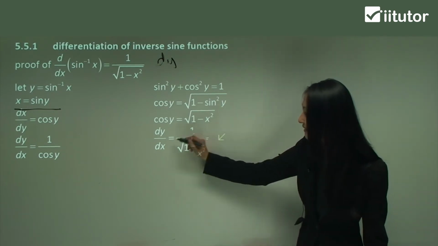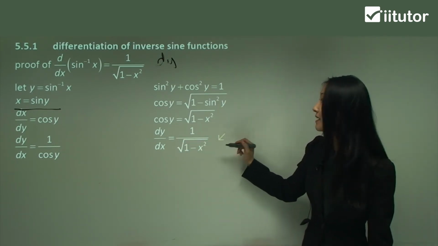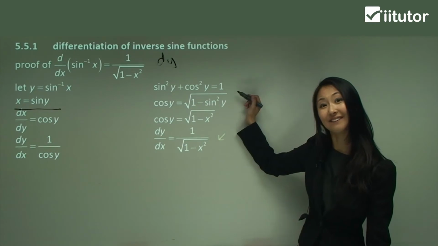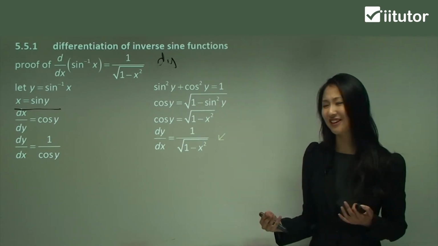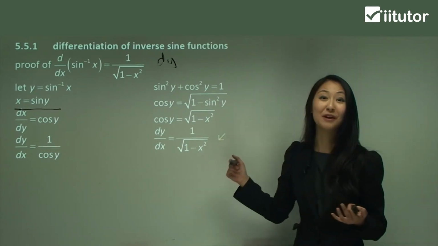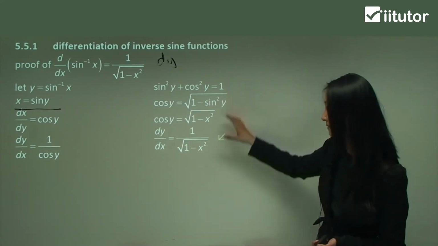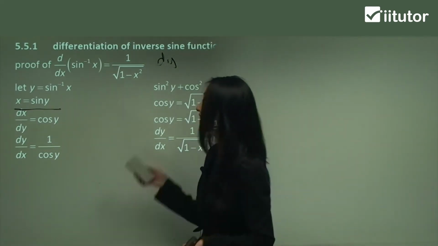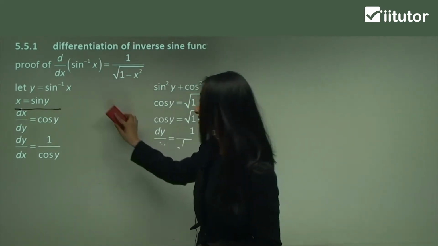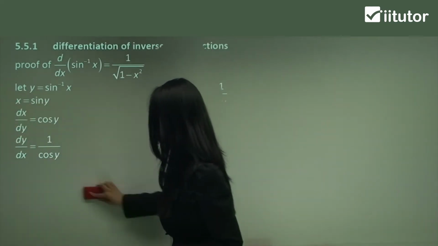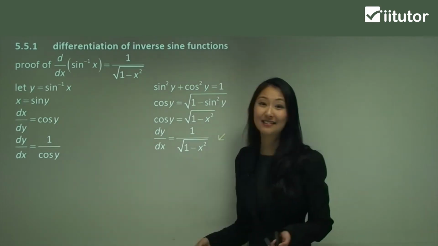So how we get this denominator here is by using your trigonometric formula here, okay? So I think that's really good to know. That's why we have a square root 1 minus x squared, because essentially we're using this up here. All right, so now that we know why this is, let's practice some questions and see how we actually use